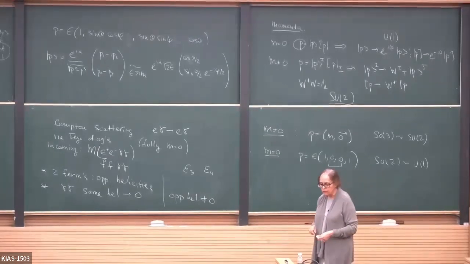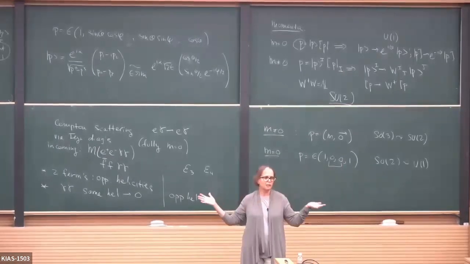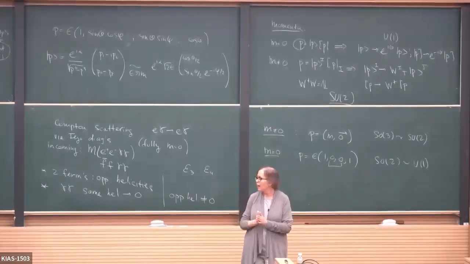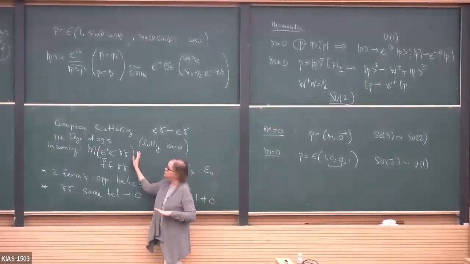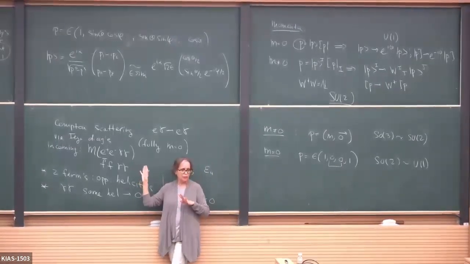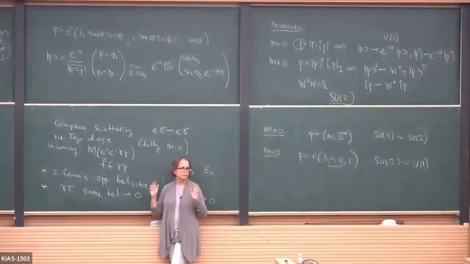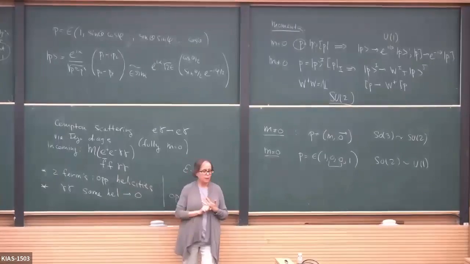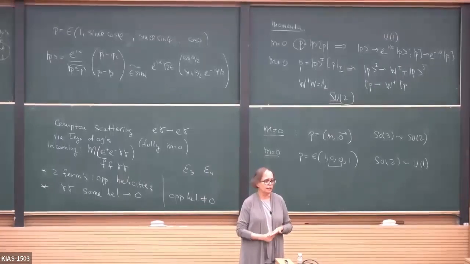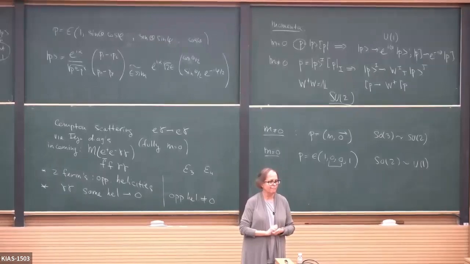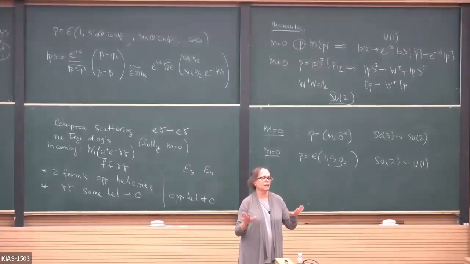Okay, so the question is, what do you mean by on-shell methods? So on-shell methods, there are many methods, okay? Here, I just want you to do the usual Feynman diagram calculation, but the only thing that I want you to use from the whole arsenal of on-shell methods is the massless 2-component spinors that we used and the reference momenta for writing the polarization vectors. That's all. Then you mean I don't need to consider the diagram? You do need to, yeah, you just do the usual Feynman diagram calculation.